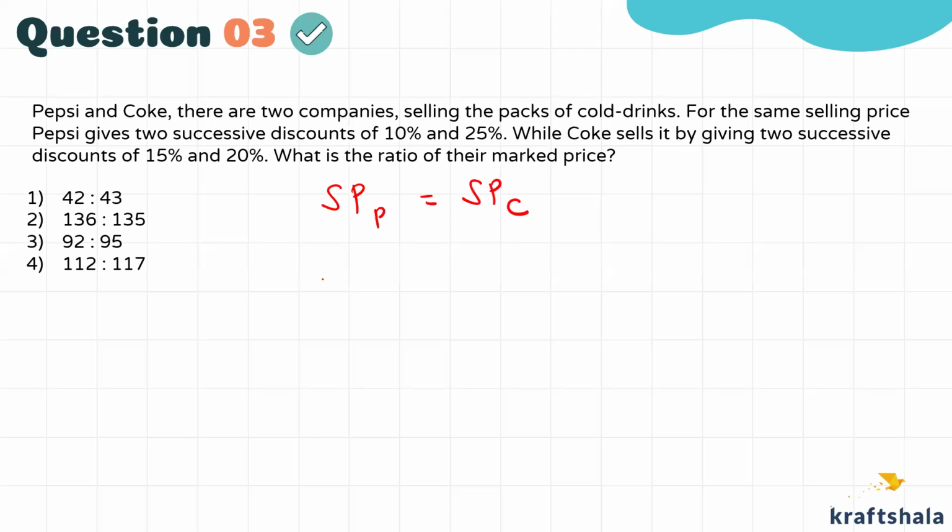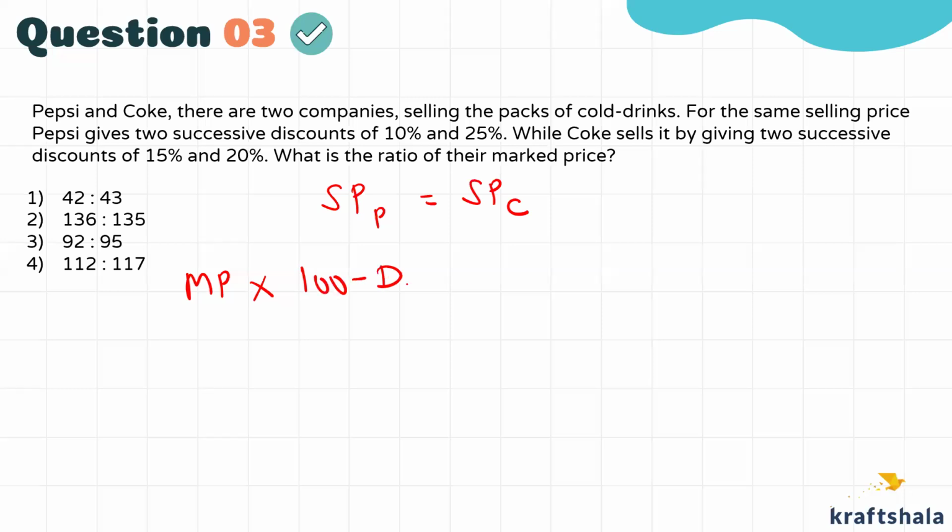So the same logic will be extended because earlier it was one MP, earlier it was one discount. Now there are multiple discounts. Same thing will be extended. So SP is MP into 100 minus discount percent. This was in the actual scenario.